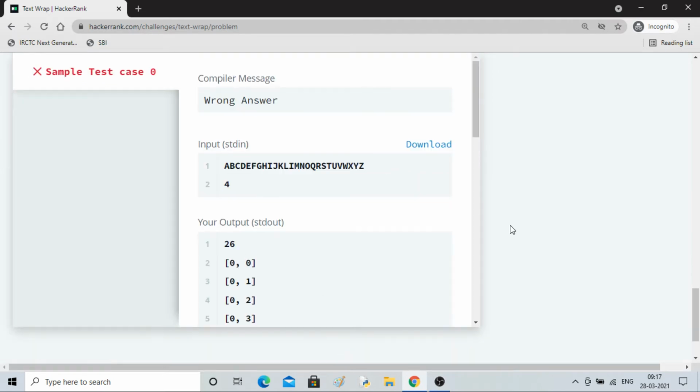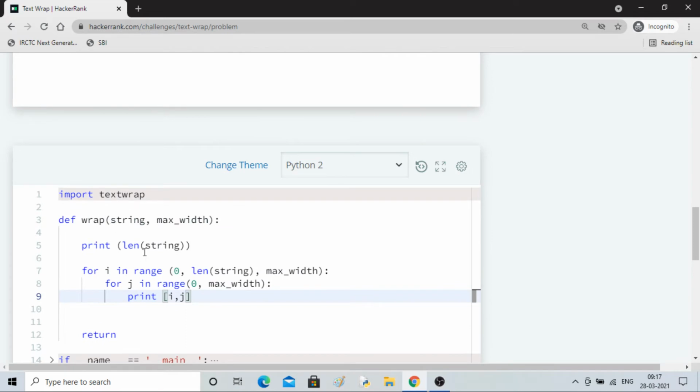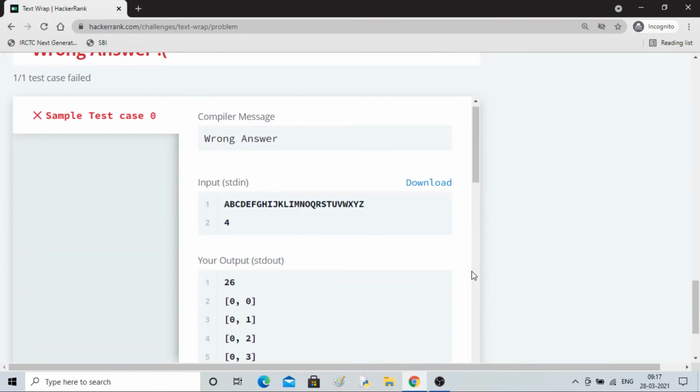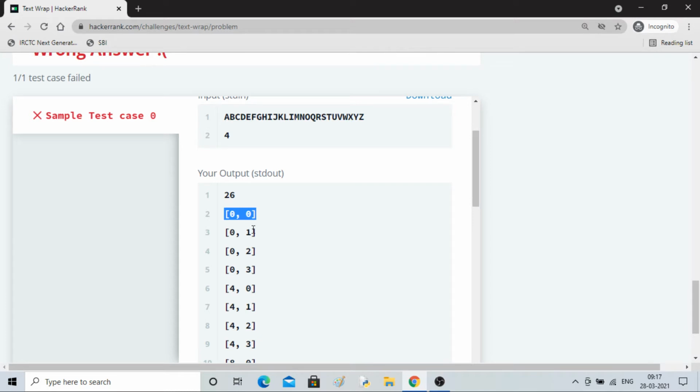Now you can see 0 0, the first value is of I, the second value is of J. So 0 0, 0 1, 0 2, 0 3, then 4 0, 4 1, 4 2, 4 3. Like this it will go.